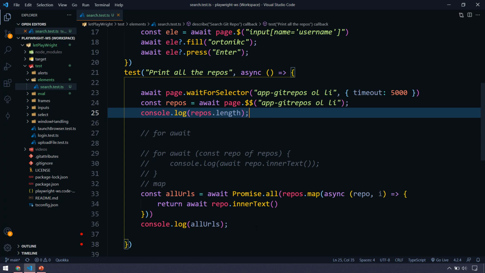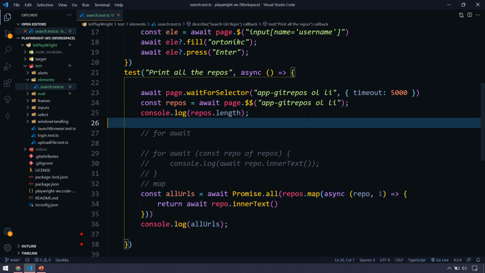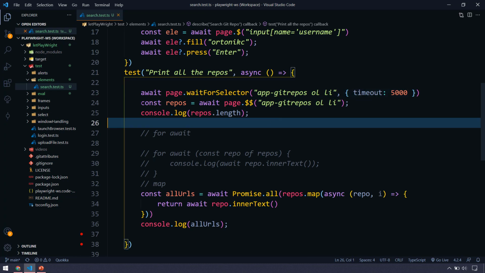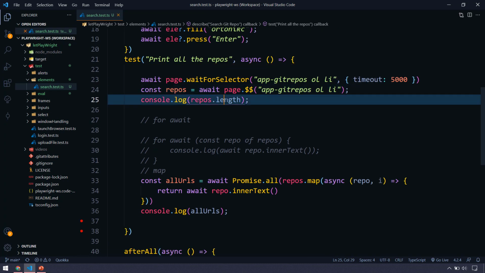But here we are not doing any click action, rather we are just trying to find multiple elements. So in that scenario, of course, we have to wait for the selector. And this is basically optional. Even if you don't write this, it will wait till 30 seconds, and only after that will it throw you the null error. Here we are just trying to find the multiple elements and we are printing the length.